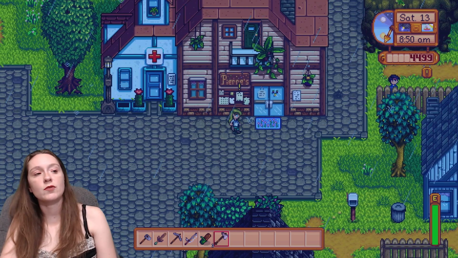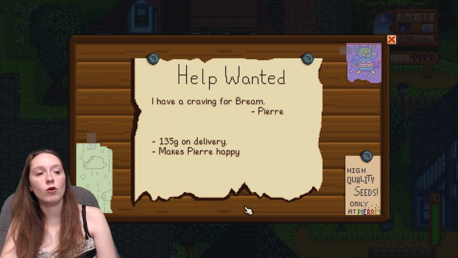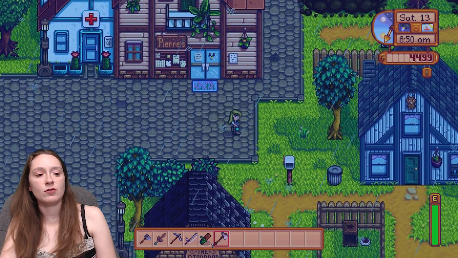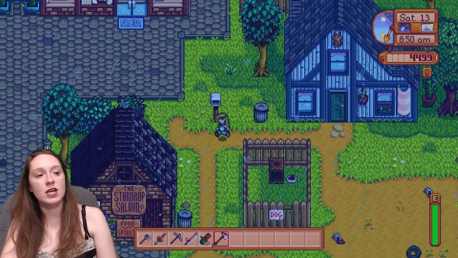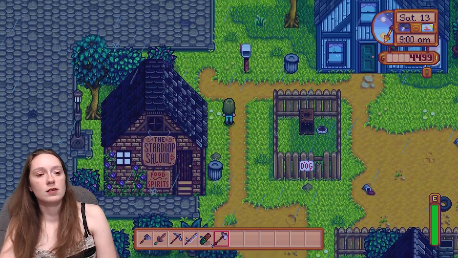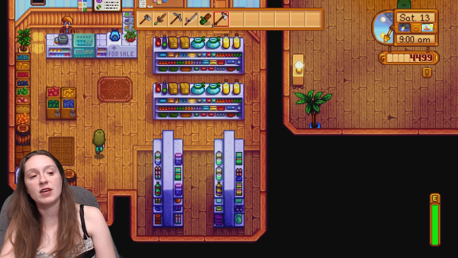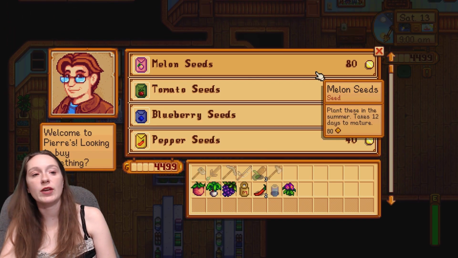Another thing we can do is we have almost 4,500 gold. We can buy an apple tree today. Let's kick a couple trash cans, 9 a.m. So far, not much. That's okay. That way we can make sure we get at least 3 apples by the time we get into the fall